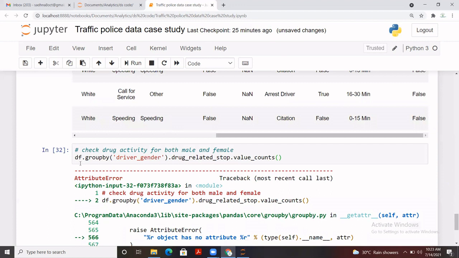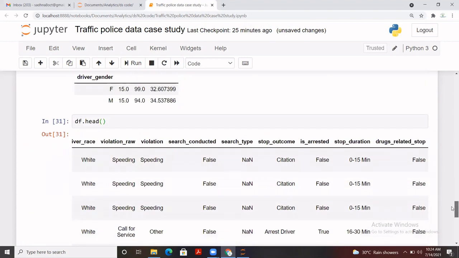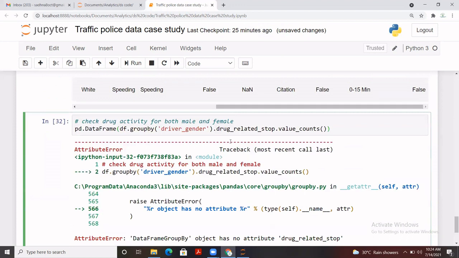Okay, yes, because we needed to convert that into a data frame. So let me write it. D and F are in caps. So I'll put it here and then I'll stop it here if I'm not wrong. And let me check the spelling for drugs related stop.